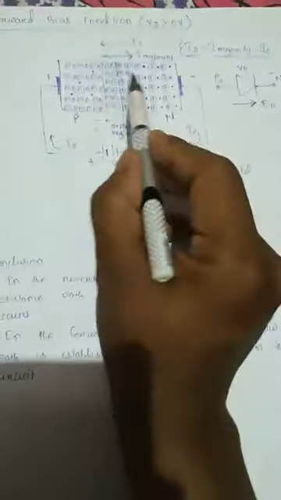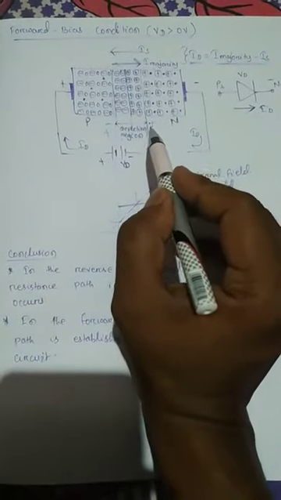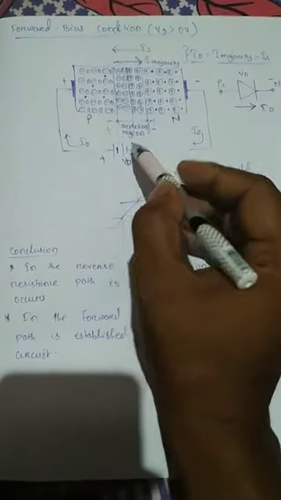It will flow in this direction, as you see, because the current due to the majority carriers is very large in comparison to the current due to the minority carriers. So this forward bias condition is called the on condition. That means in the forward bias condition, current flows through the diode.